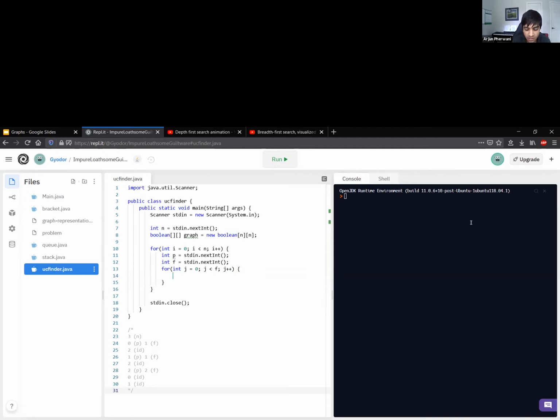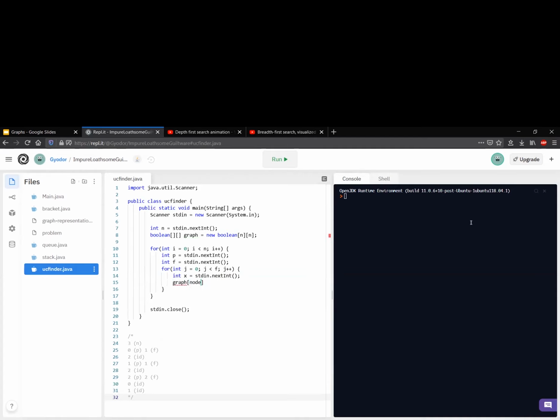All right. So here are the F lines, and we're going to store what the ID of the person is. I love you, Replit. It actually does come with code recommendations. It's just not as good as Eclipse or VS Code, and that's understandable because it's a browser thing. Also, it's kind of saving my life right now.